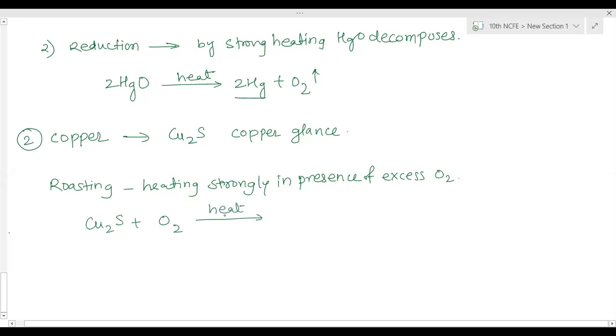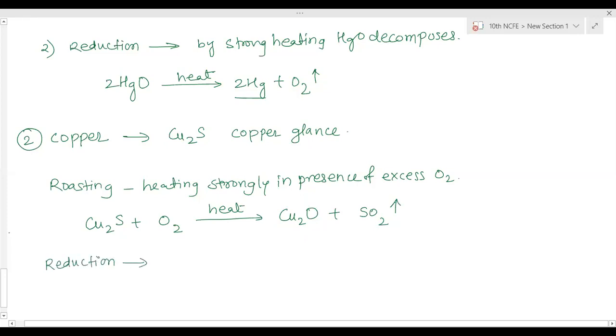You have to mention all these conditions. Every time I keep on telling you, if you miss any of the conditions, they will not give you any marks for that reaction, though you are right in everything. If the condition is not mentioned properly, that means this reaction has taken place only under this condition. If you don't write this condition, that means the reaction won't take place. So it will form Cu2O, copper oxide, plus sulfur dioxide, where sulfur dioxide moves out, and this oxide now undergoes the reduction process.